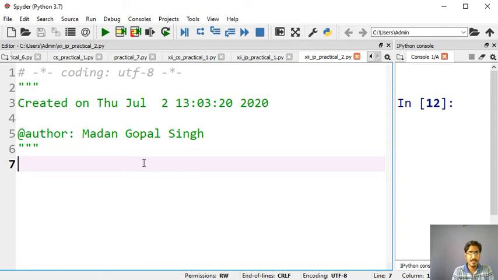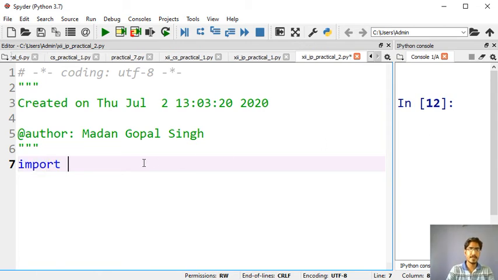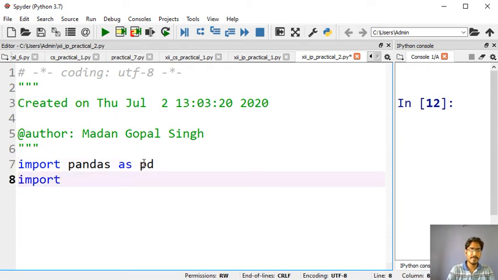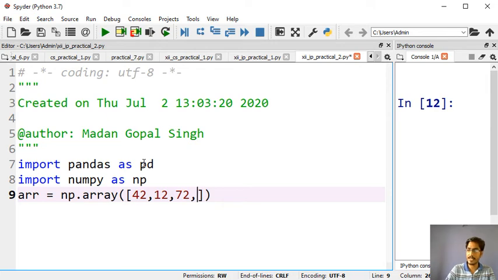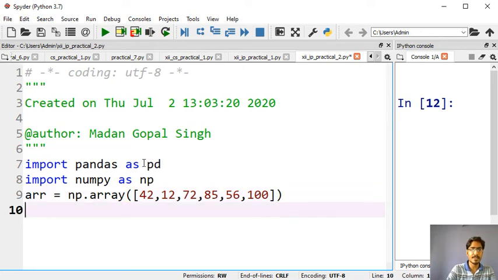First we need to import pandas as pd, then import numpy as np, then create an array with np.array. To create the series object, we will pass the values we have already seen: 12, and so on, 56, 100.